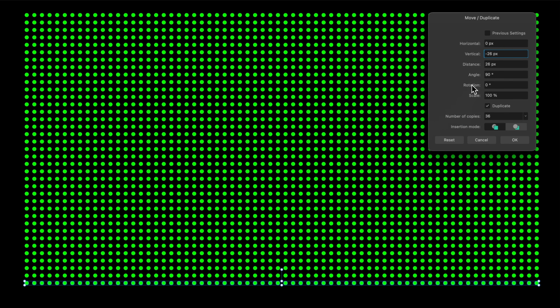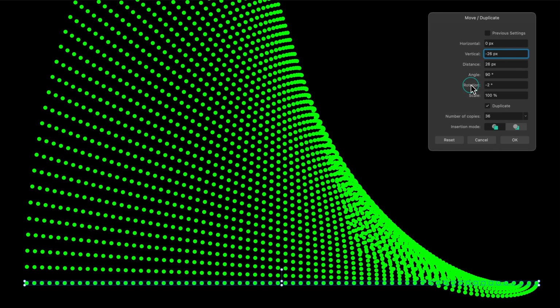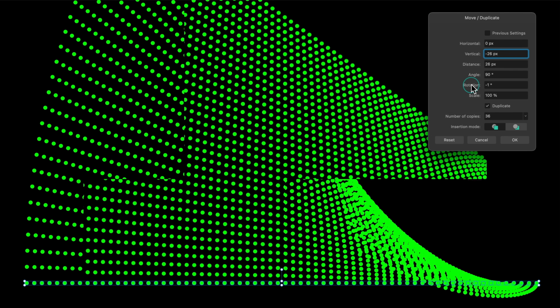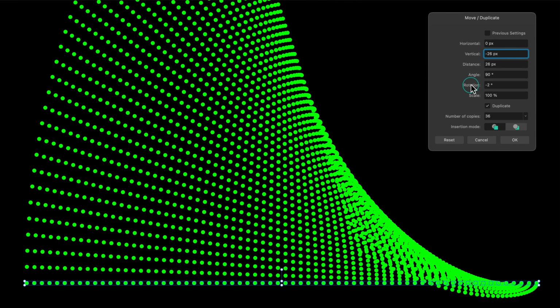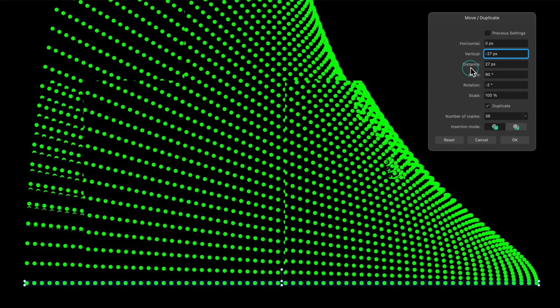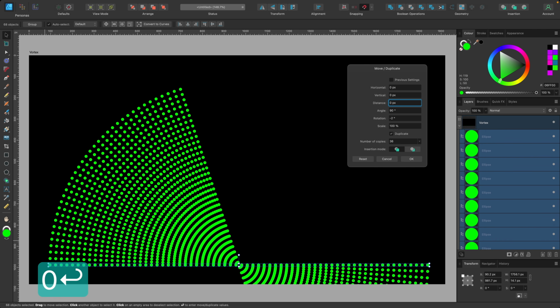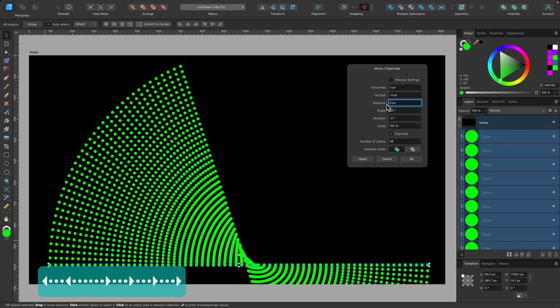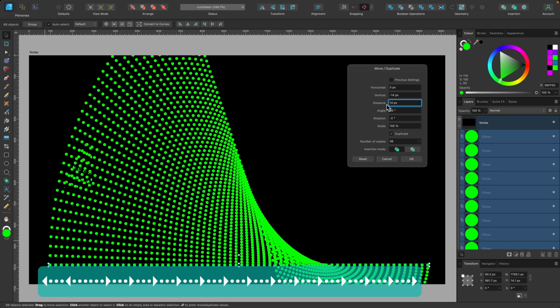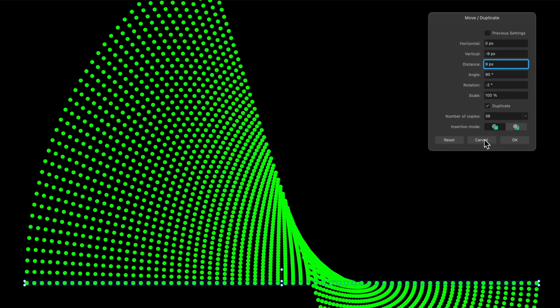And you can continue to play around with this and get creative if you want. So we can try playing around with the rotation like this, and right, and distance, etc. Yeah, knock yourself out. By the way, you can actually use the arrow keys on your keyboard to change some of these. So if I press left arrow key or right arrow key, you see what it changes, just so you know. Anyway, that's it.